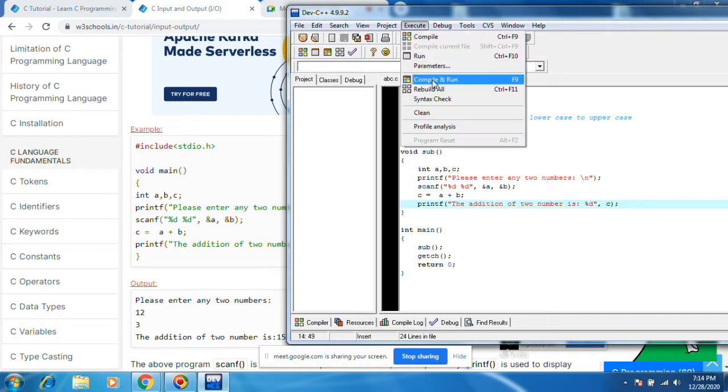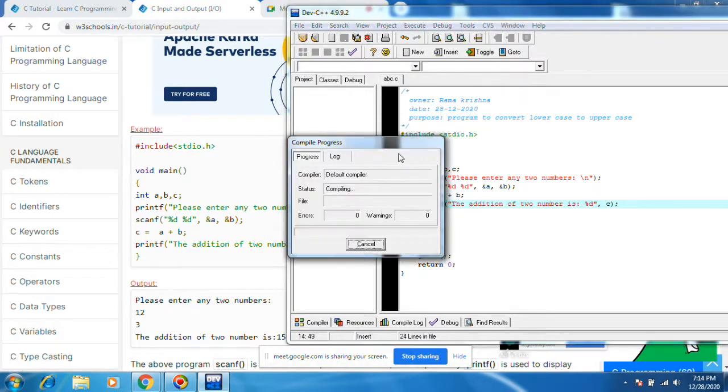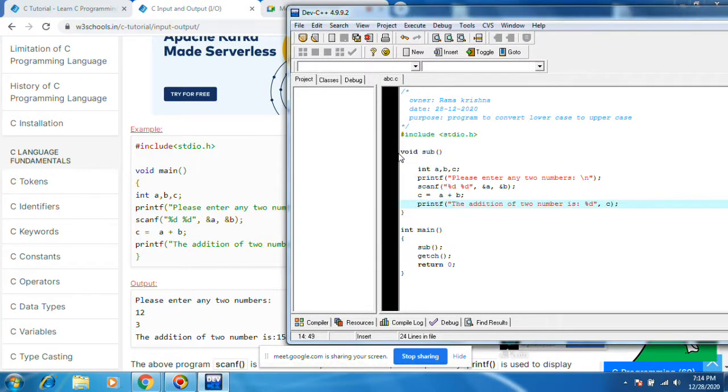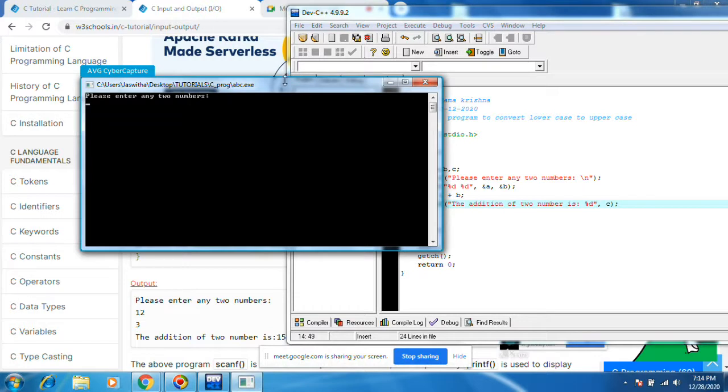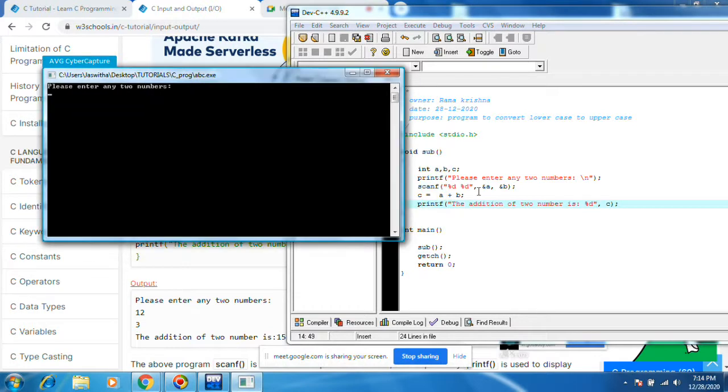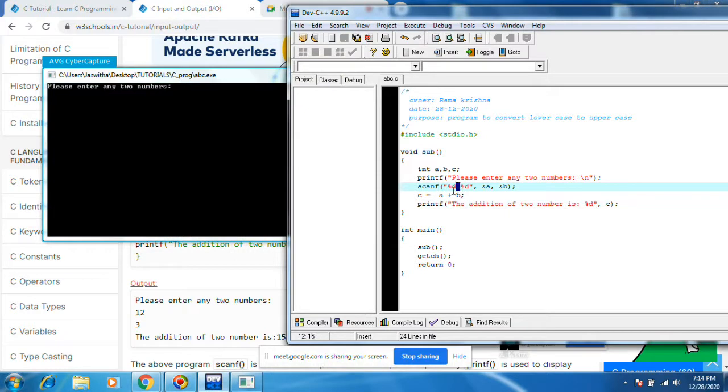Execute, compile and run. See here, please enter any two numbers. It should be separated by space. One number you have to give, then some space, and then another number.